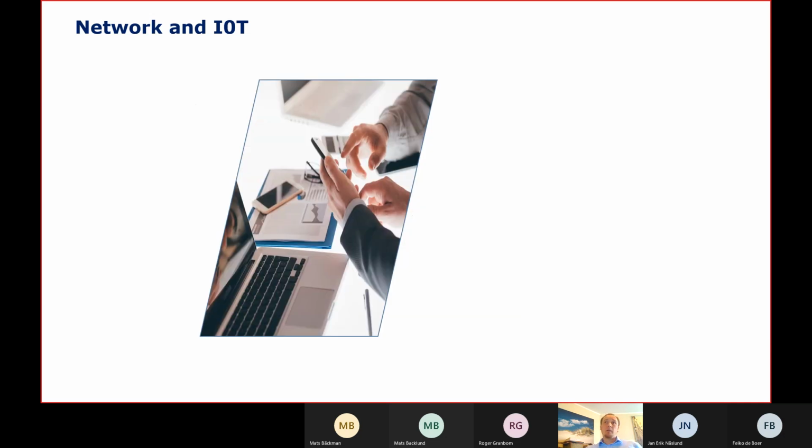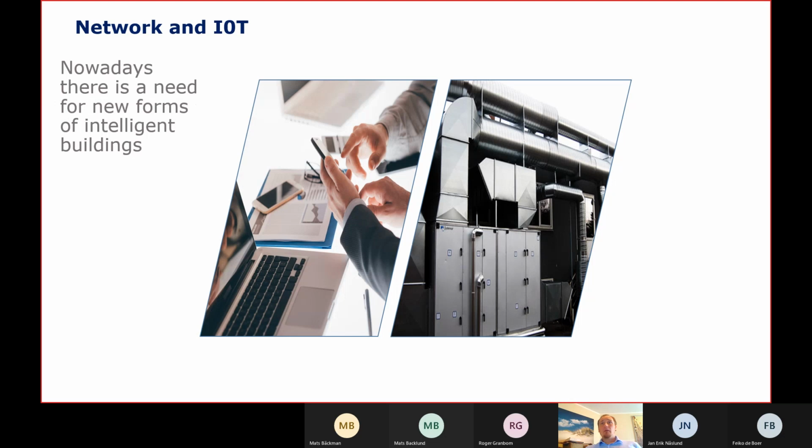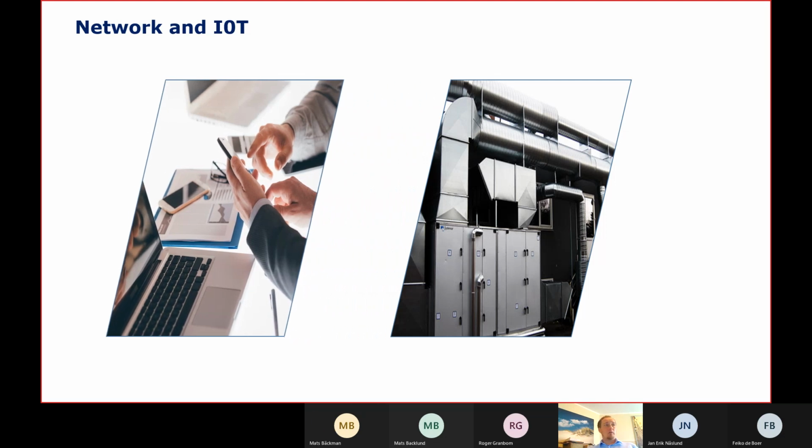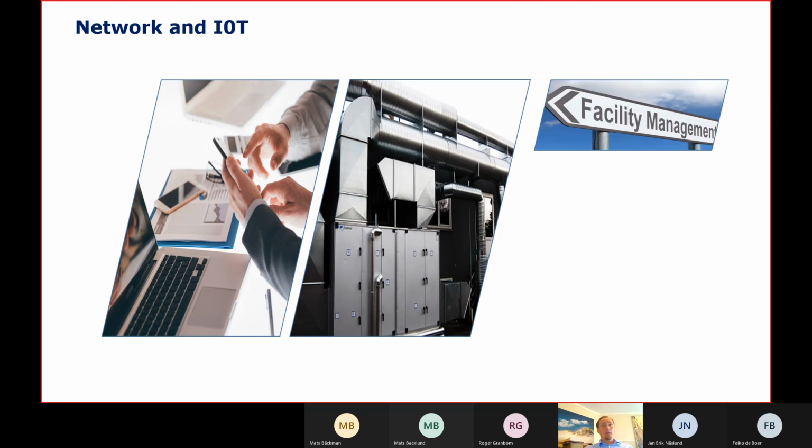So in the beginning for network and IoT, we just have the room automation and the building automation. Most of those are independent technologies or even solutions, so they are not combined together. They just are there in the room and automate the light, maybe the temperature and the blinds. And we have the main air handling and most other units, which are also working independently in this area. But now we need more and more that those functionalities are extended by the need for the facility management,